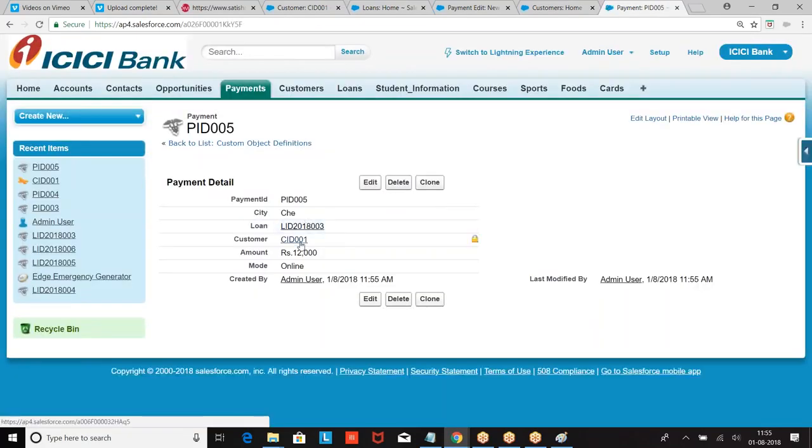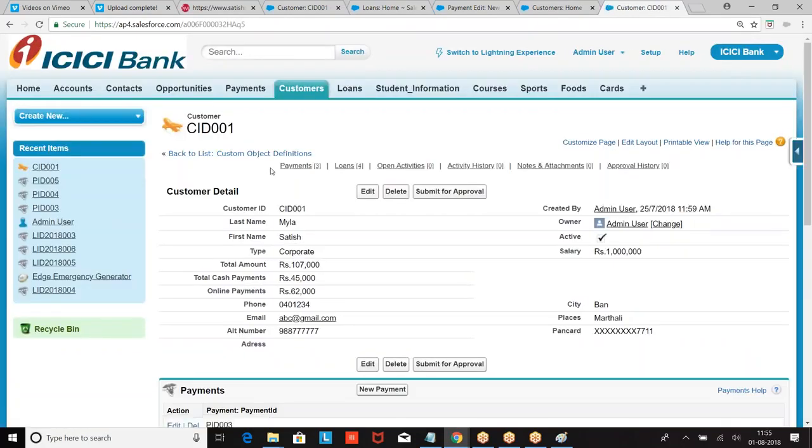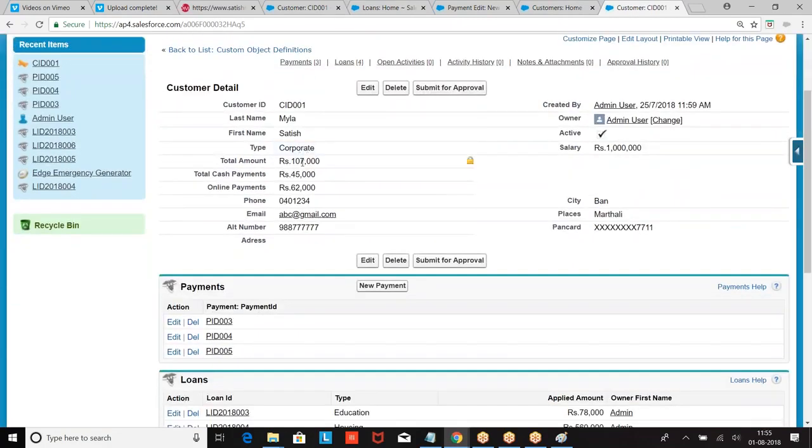This is how I have created. Go to the customer, and what we are receiving: total amount is 1,07,000. Total cash amount is 45, online amount is 62. All together we are getting 1,07,000. Are you getting my point? So it is summarized. Where are we creating this field?